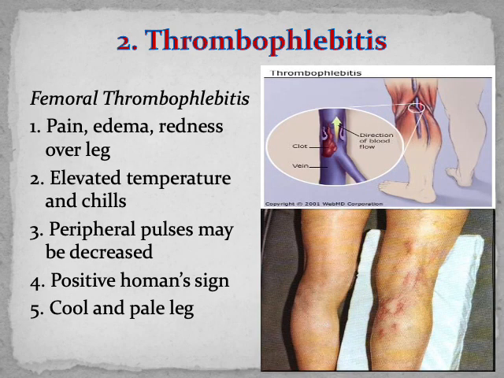In femoral thrombophlebitis, you can see there is pain, edema, and redness over the leg. Madalas siya, syempre, sa right or left, makikita mo sa popliteal area. There's an elevated temperature and chills. Yung peripheral pulses may be decreased, so definitely dito, sa picture, you can expect na yung right popliteal pulse is possibly weak. And also, tingnan mo rin, yung mas malala yung pulses, the distal pulses, mas delikado na yon na baka wala nang napupuntang blood flow.